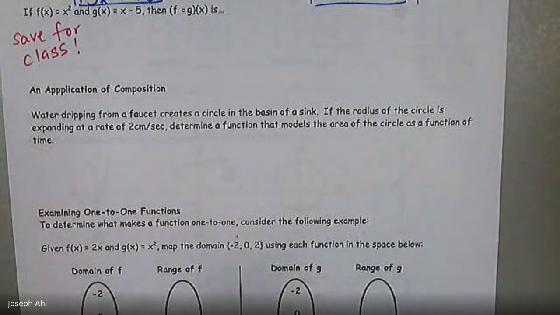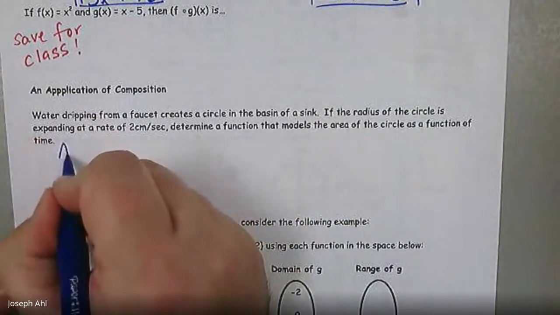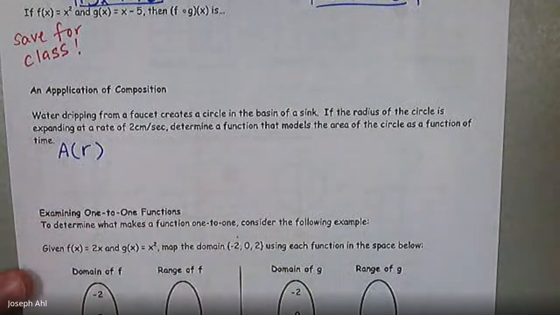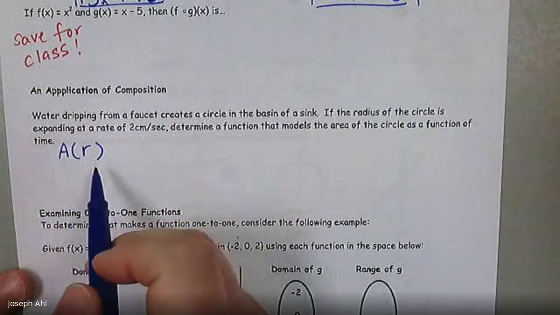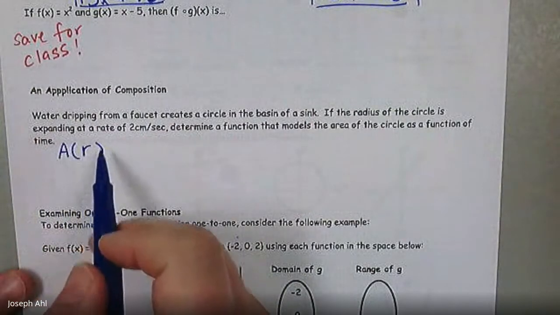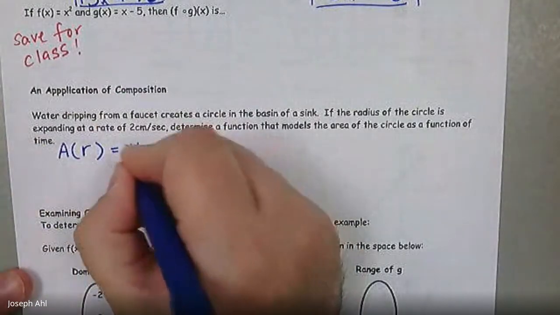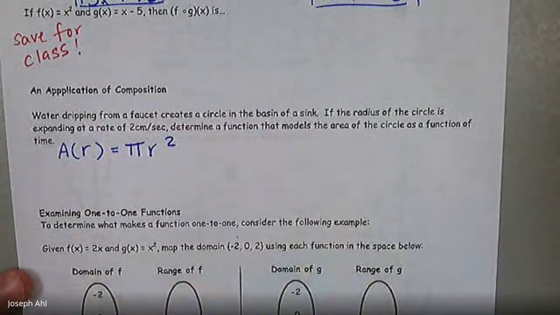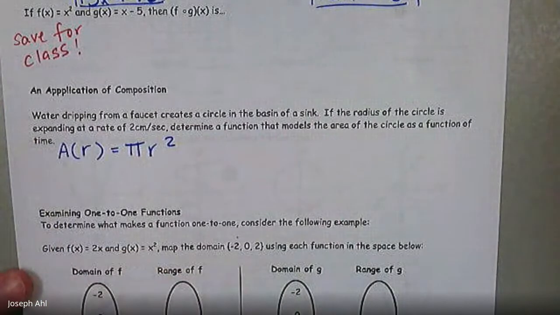So what I like about this question is typically area of a circle is not a function of time. Area of a circle is usually a function of its radius. And maybe we wouldn't have used this notation typically, but area of a circle is in terms of whatever the radius of the circle is. And I'm hoping that if I asked you in class, you would all say area of a circle is pi r squared, right? You probably just would have written A equals, but I like the function notation piece here,